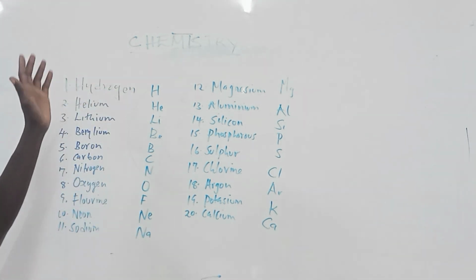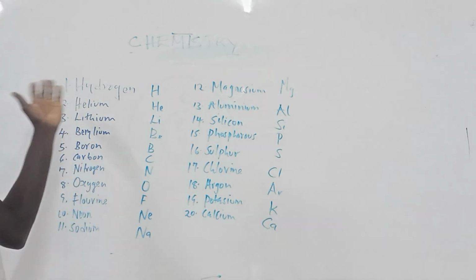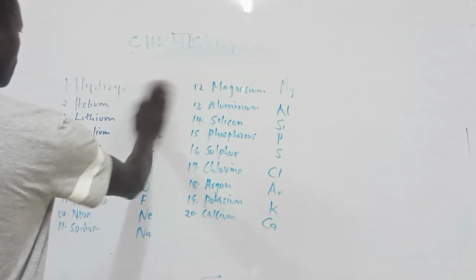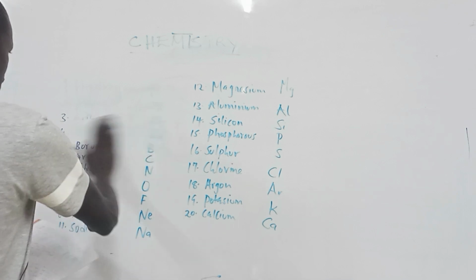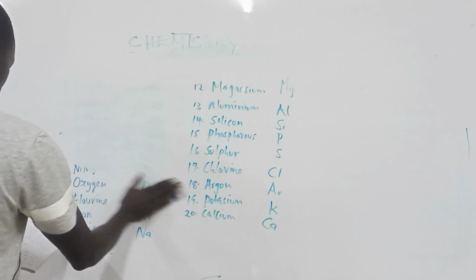Even when we are writing the chemical formula, we'll be indicating those reactions using the symbols. So it is good that when we master them, it will be easier for us. Having looked at the first 20 elements and their symbols, we say that in the structure of an atom,